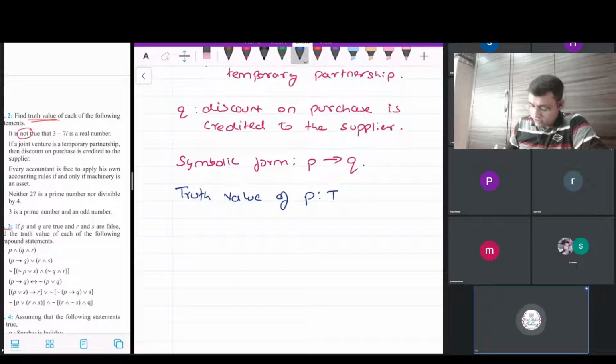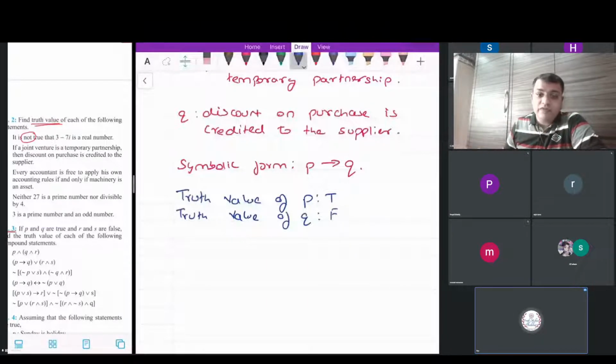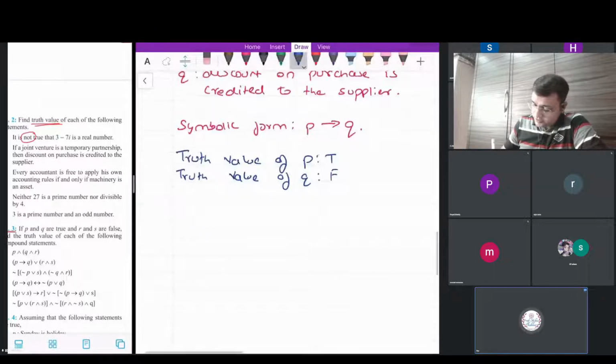And what about the Q statement? Discount on purchase is credited to supplier. Then what is it, if it is false? The truth value of Q, discount on purchase is credited to the supplier, is false. I think it is debited to the supplier. You can check in your accounts textbooks. You will get a better idea of that. It should be debited, I think so. So, therefore,